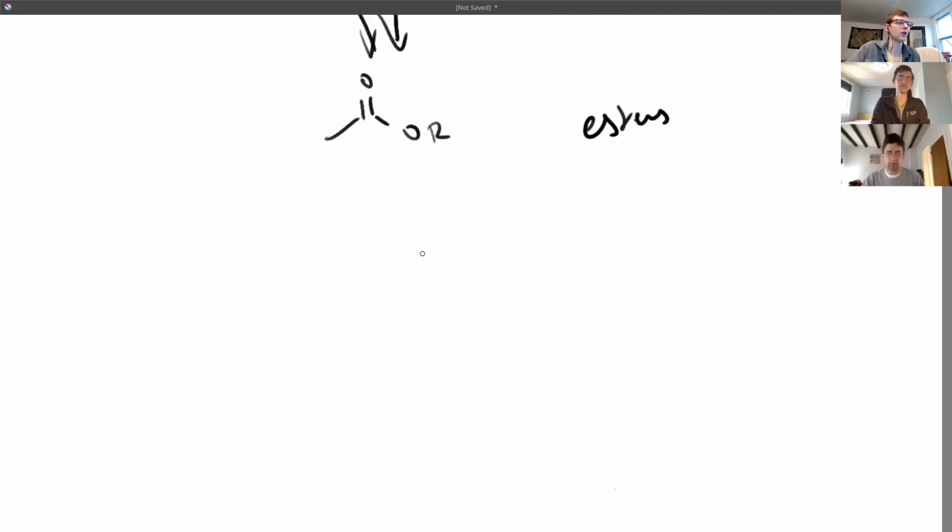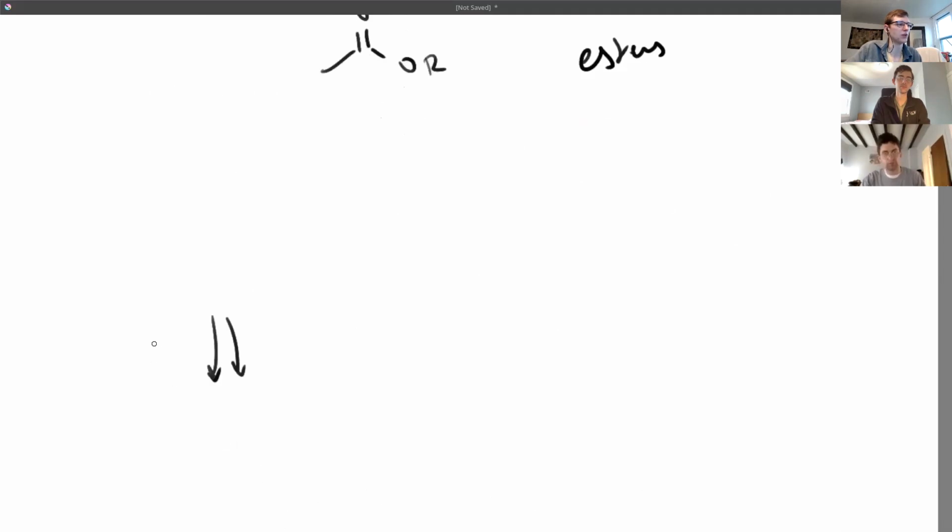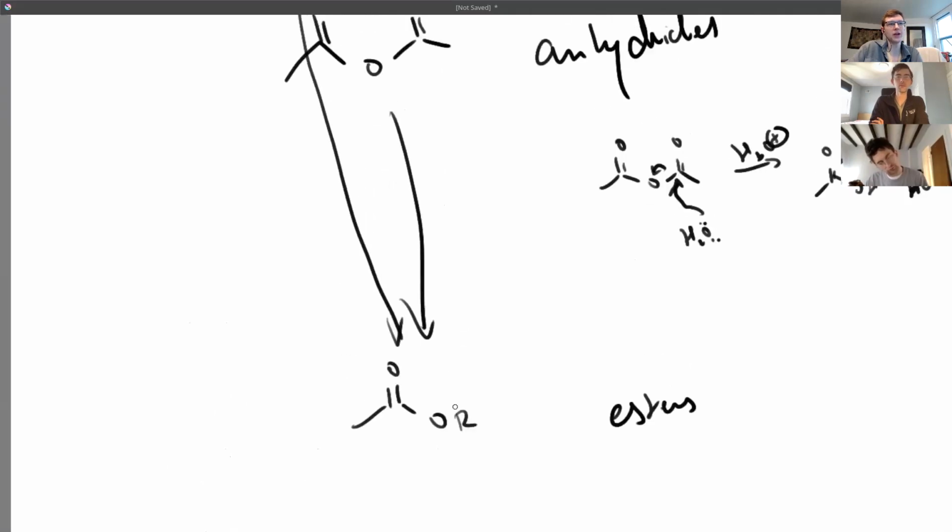Okay, so we can go way down here, and if we just added water, then we can get an acid. But if we want to make an ester, then